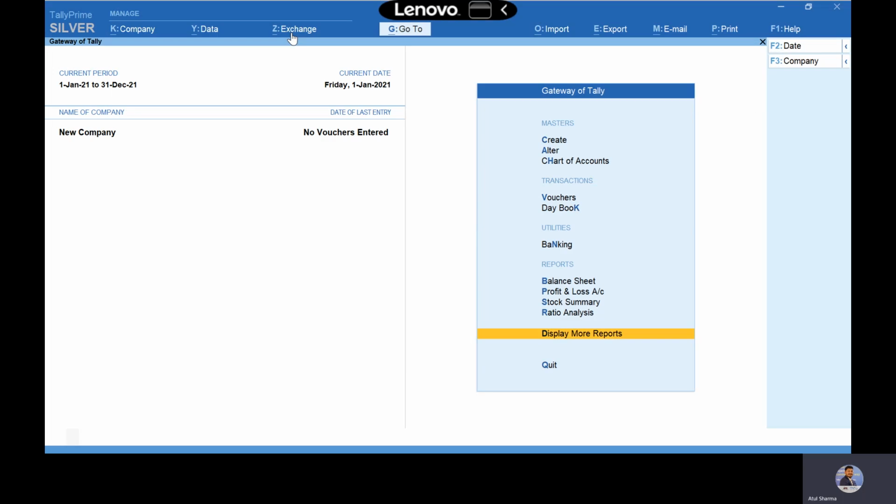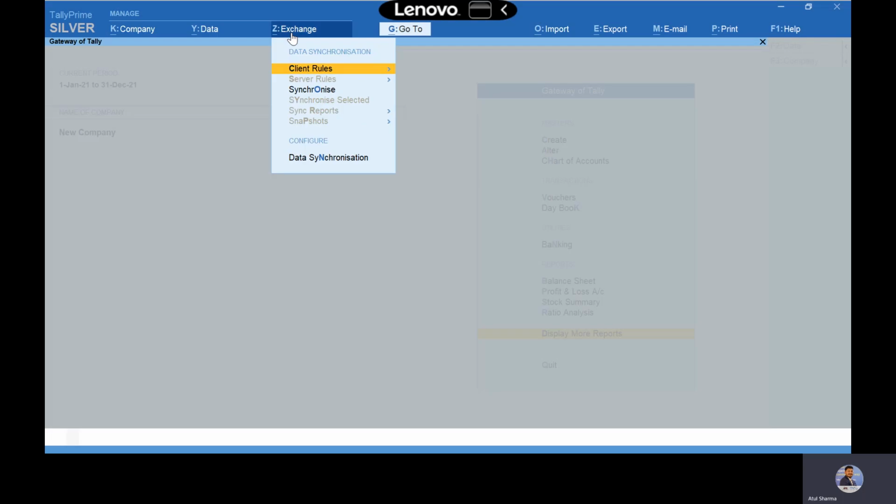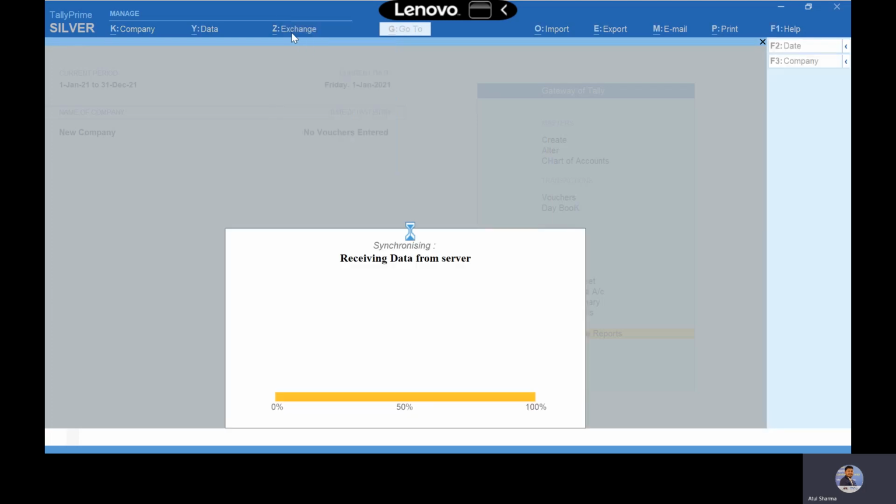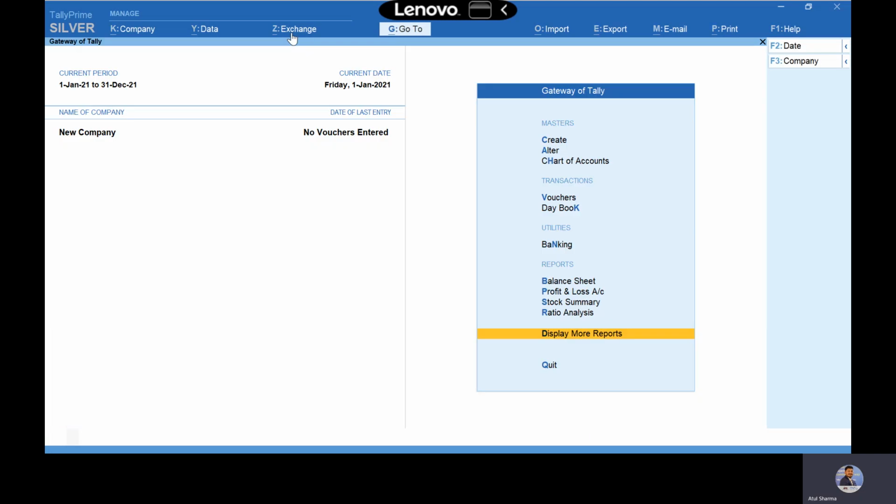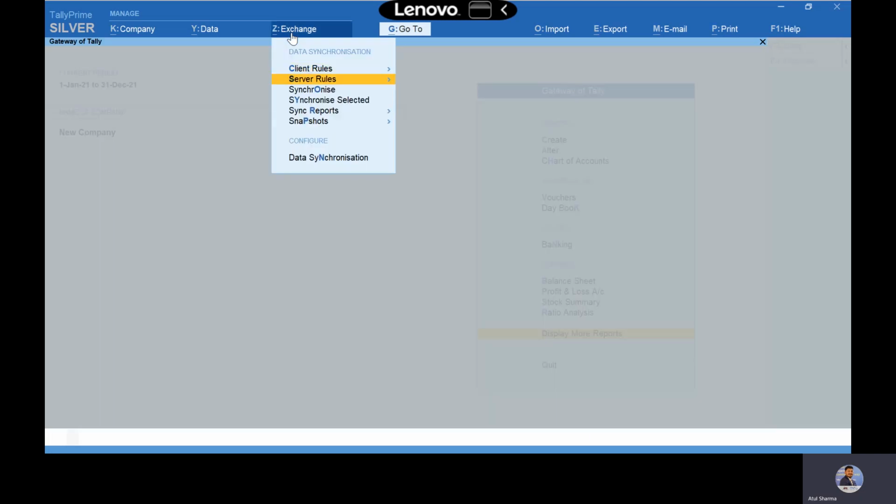Now we'll move to the new company. In the new company, we don't need to do anything, we just need to click synchronize. Once we click synchronize, it will get synced and we have to activate the client rule which we have created. So here we can see the server rule is appearing. Just click on the server rule and click on activate.